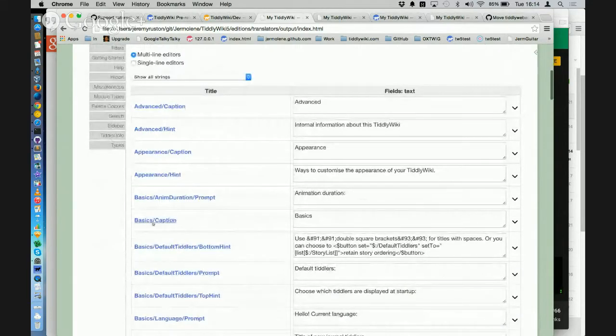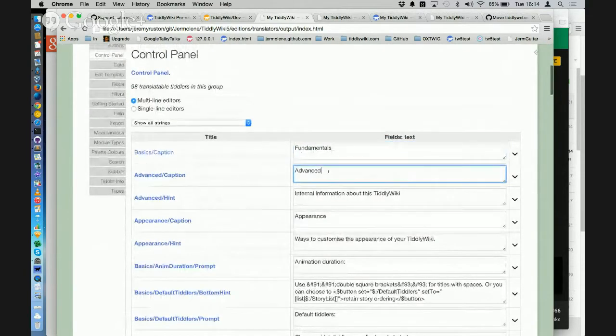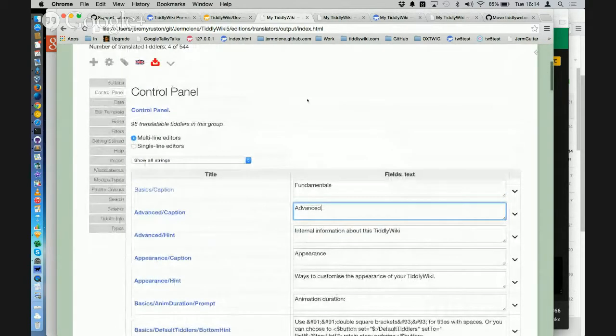Let's see, basics, there's the caption of the basics tab. So let's change that to fundamentals. Gosh, I don't understand why that moved when I started typing it. However, I shall skip over. I think it's because of the filter. Yes, but I don't think it used to do that. But maybe it did. Yes, of course, the filter's picking out the non-shadow tiddlers first. Yeah. That's what it is. So we need to resort them. Okay, but